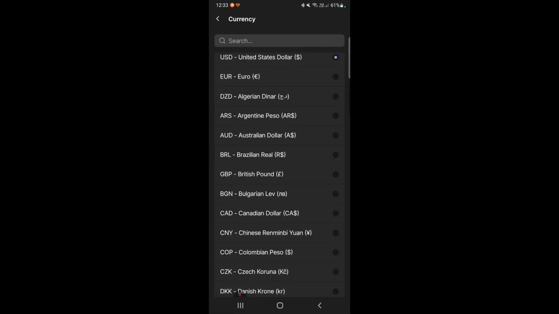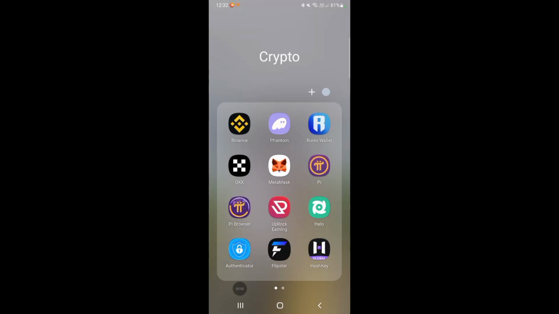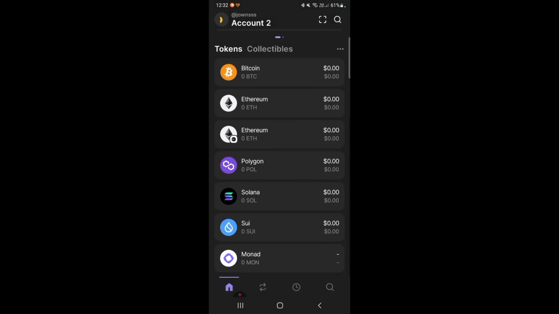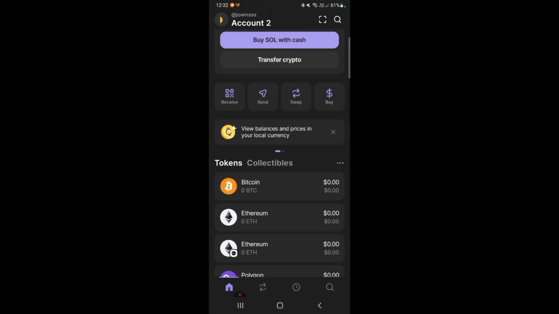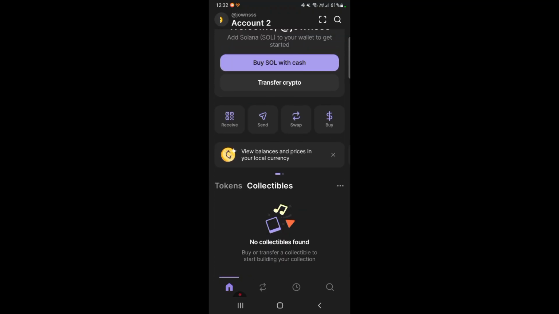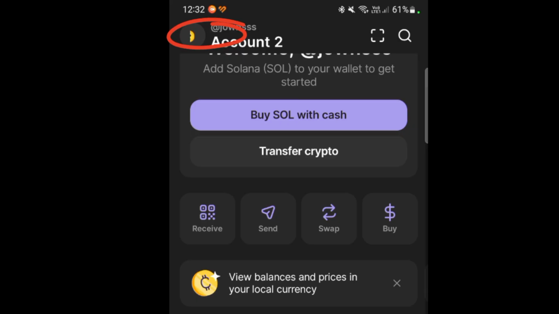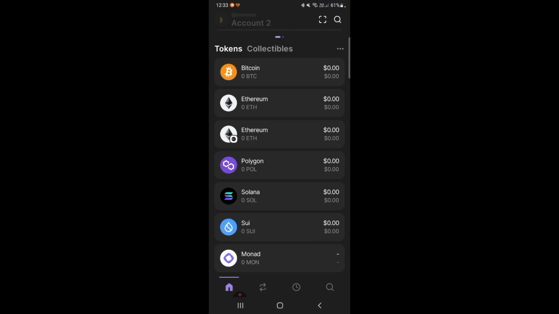I'm going to show you how to change currency in Phantom Wallet app. So to get started, you have to click on your Phantom Wallet app, and then as you can see, the currency now is in US dollars. To change this, all you have to do is click on the upper left button, and then you'll be redirected